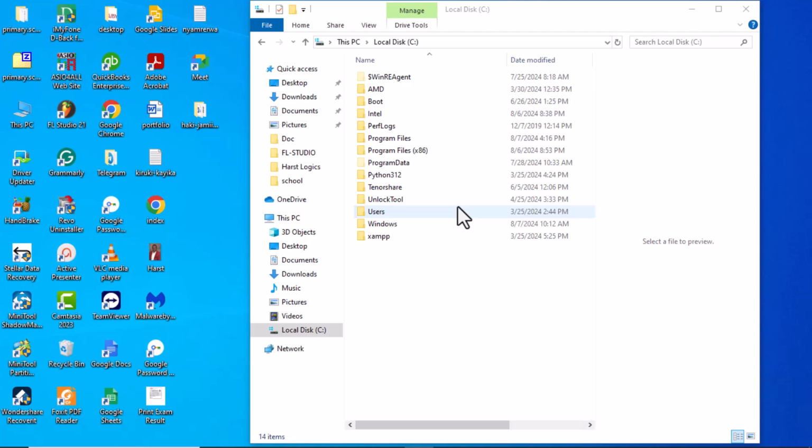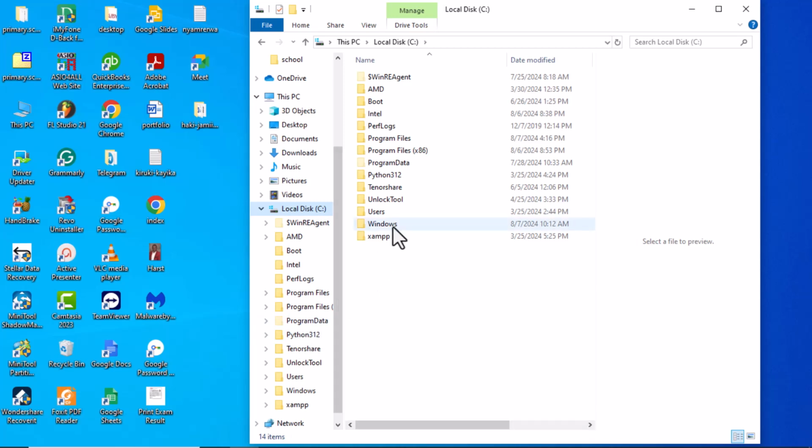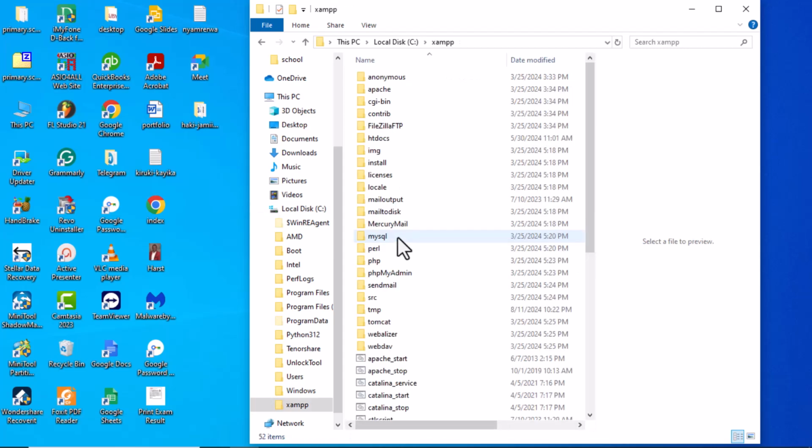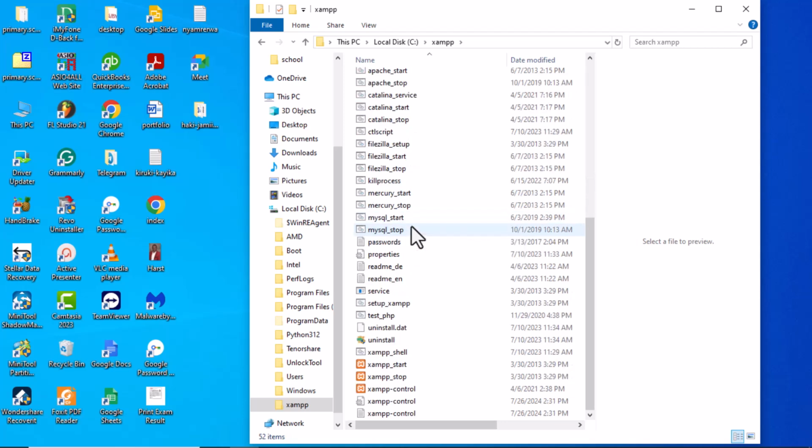So guys, you've installed Xampp. You will be able to go to your local disk C. When you click on local disk C, you will be able to see Xampp like this. You will click on it and navigate down here. Inside the folder you will be able to see Xampp Control. When you double click on this, it will start the control panel, Xampp Control, and the Xampp will start running. So double click on that,